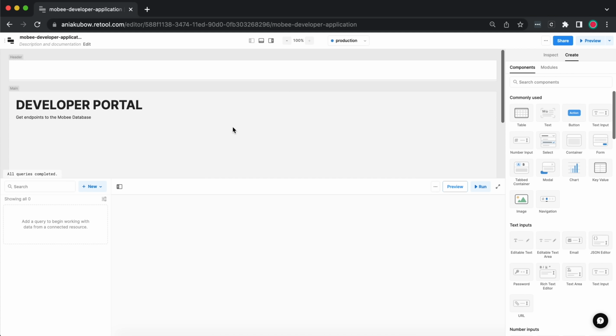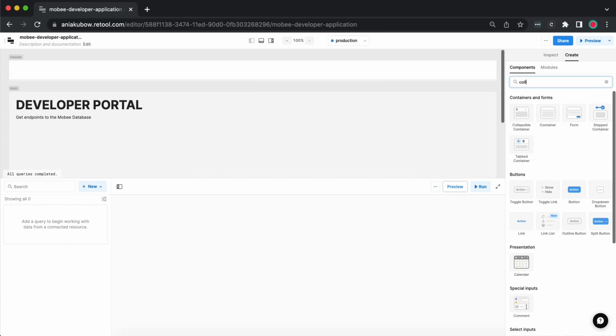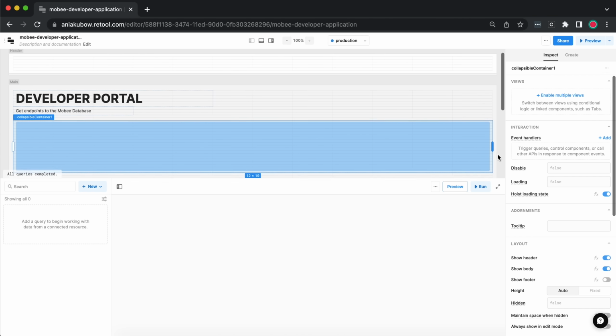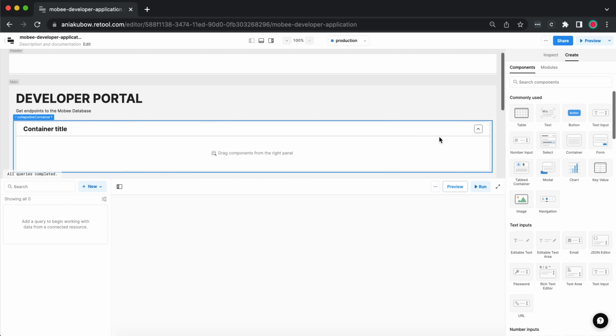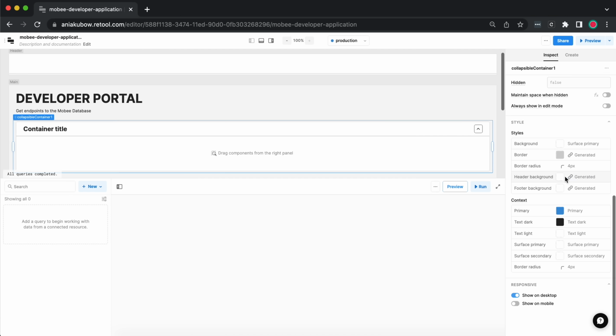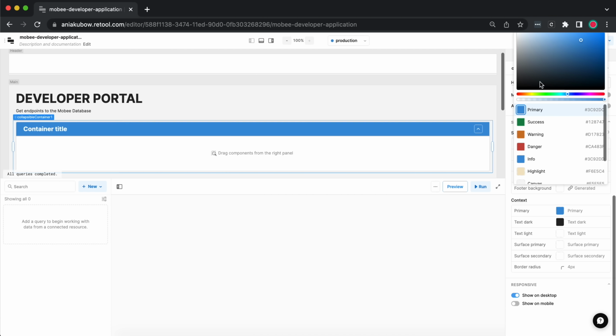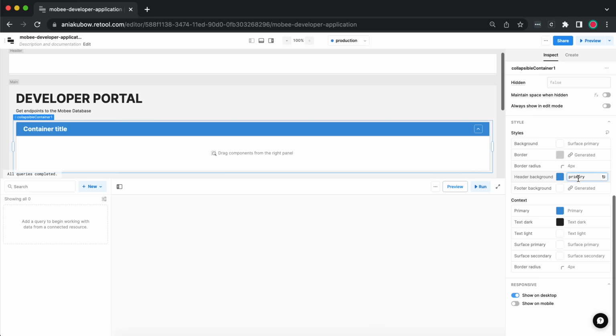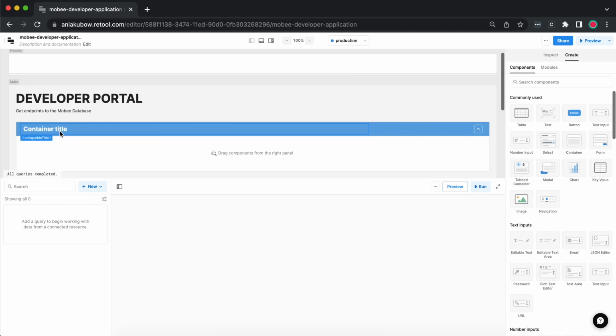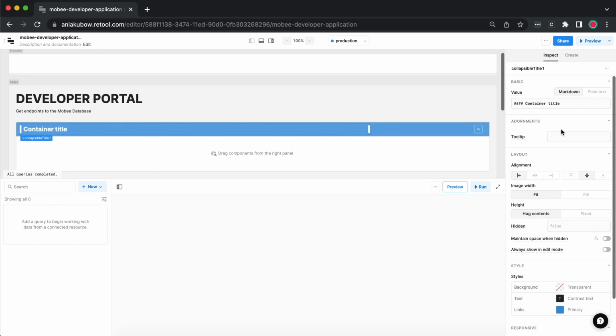Okay, wonderful. And for this, I'm going to use another cool component that we haven't used yet, and that is the collapsible container. So let's just go ahead and drag that in here, and wonderful. Now this first container, let's just go ahead and select it. I'm going to change the header of this to have this kind of bluish color that I have chosen. Okay, just like that. And the title of this is going to be for the endpoint to get all our sales orders. So I'm just going to go ahead and change this to get sales orders,